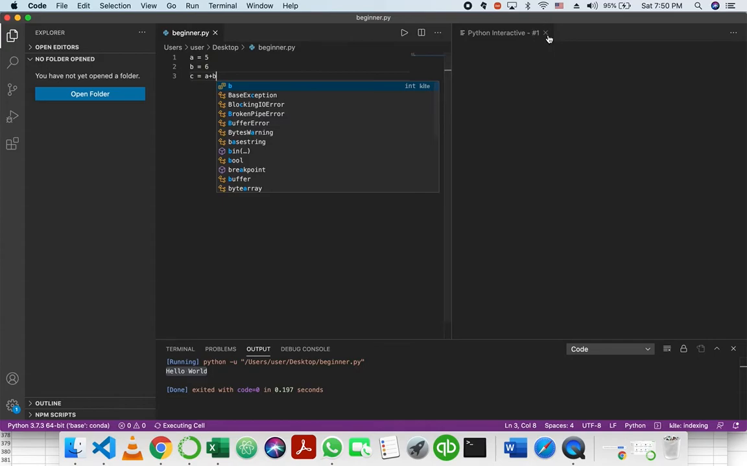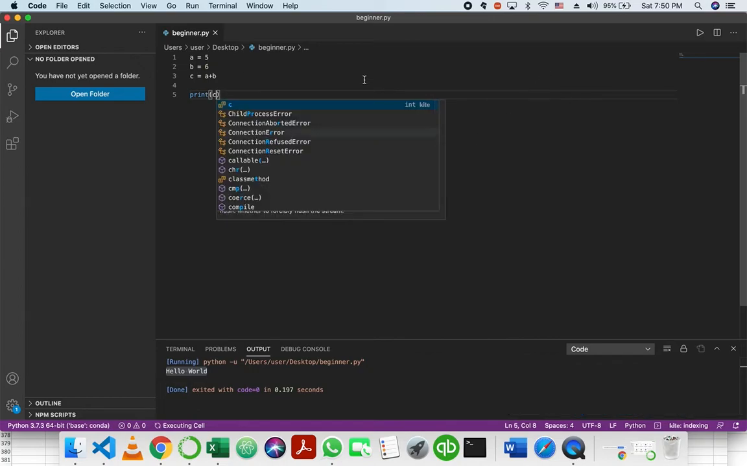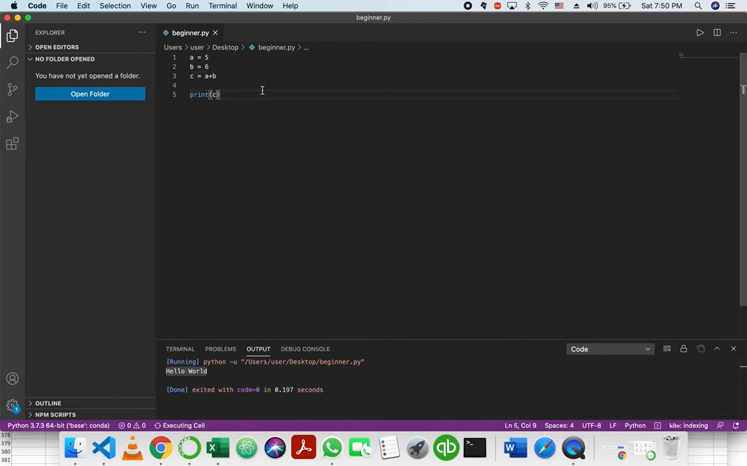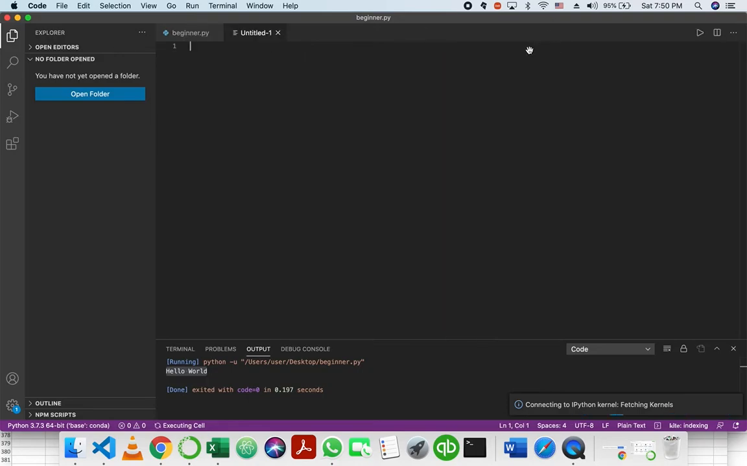I keep pressing shift enter because I use the other one for this. Now let's simply print c. In order to run this particular code, I will not use my interactive Python shell. I can do that. I can just click shift enter, then it will load up a Python shell and keep loading and wasting my time. So instead of doing that, that code runner that we installed